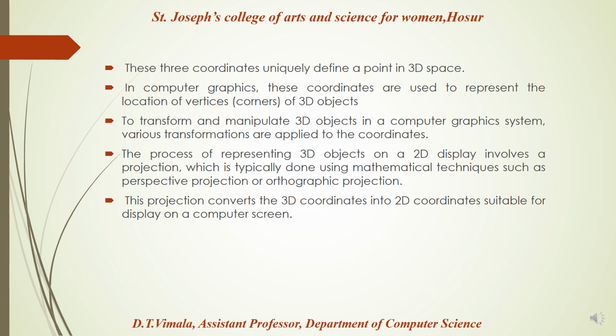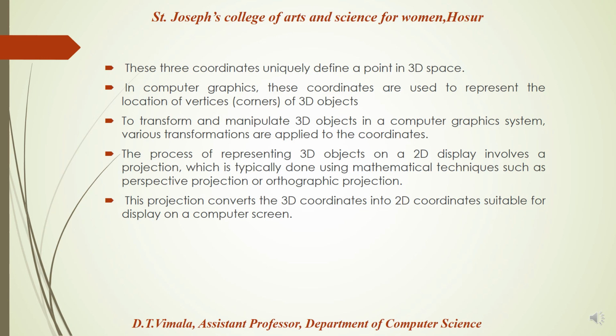These three coordinates uniquely define a point in 3D space. In computer graphics, these coordinates are used to represent the location of vertices, that means corners of 3D objects. To transform and manipulate 3D objects in a computer graphics system, various transformations are applied to